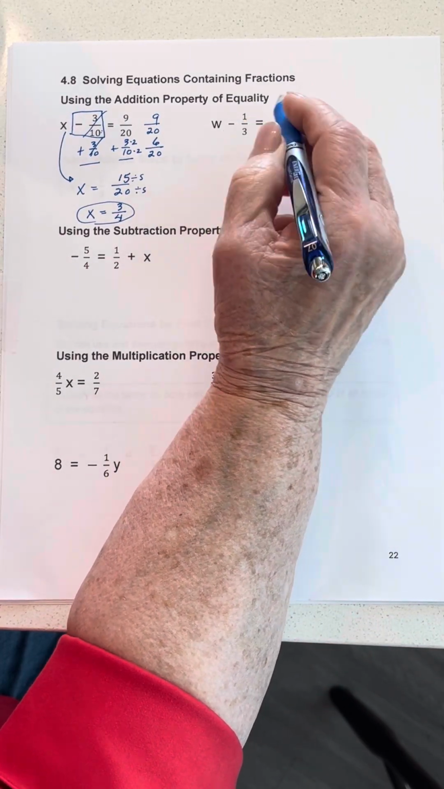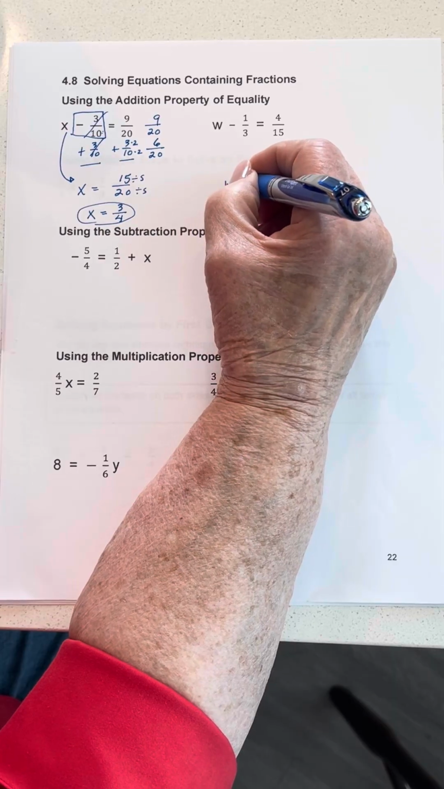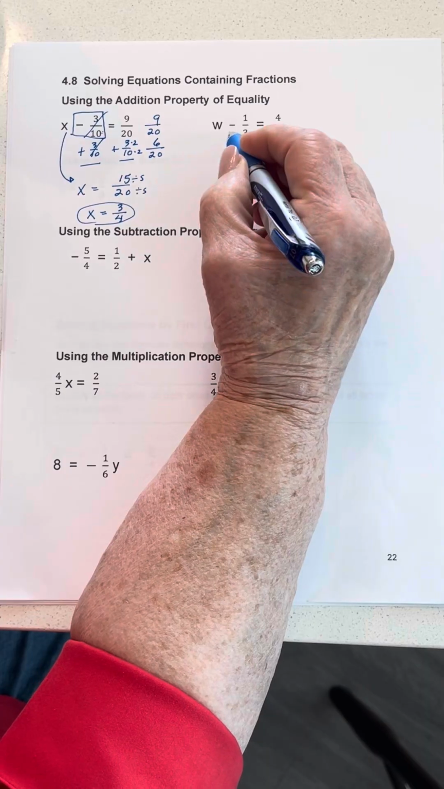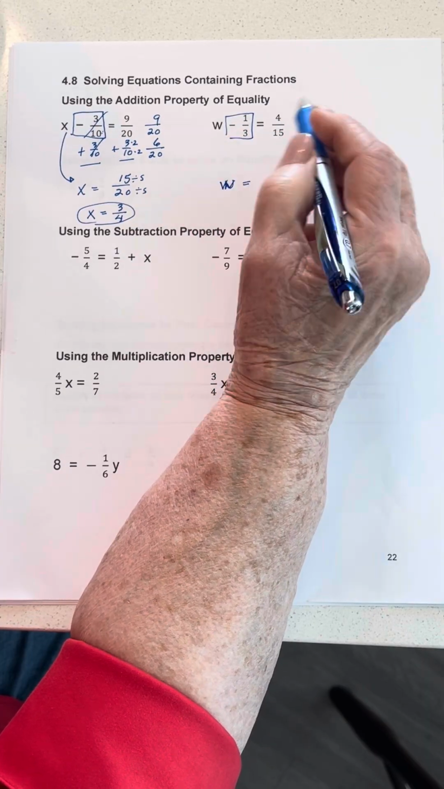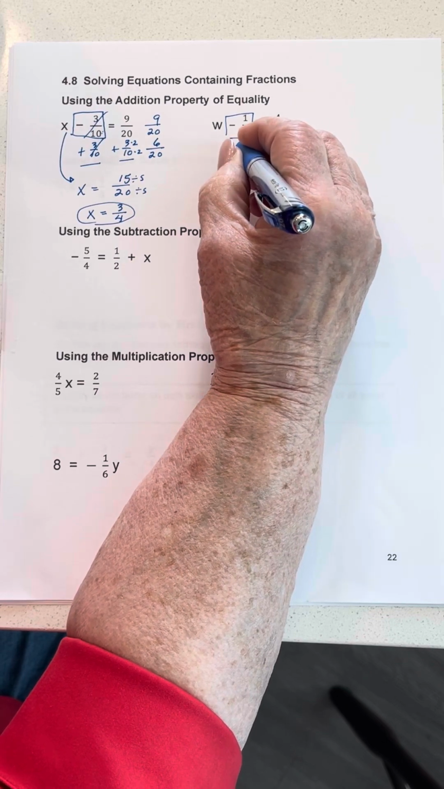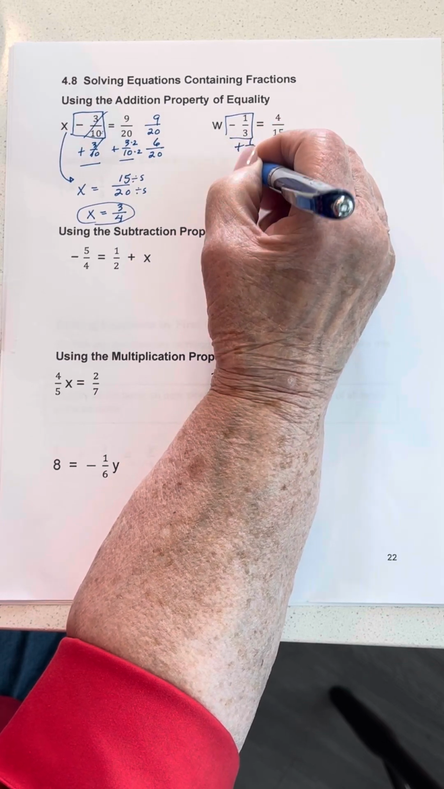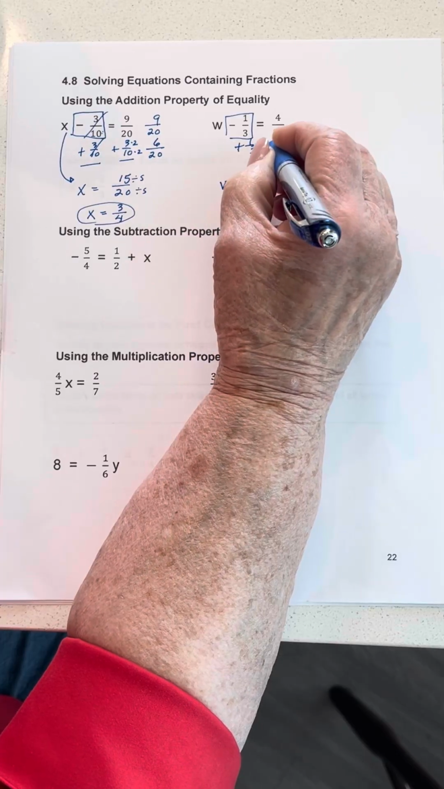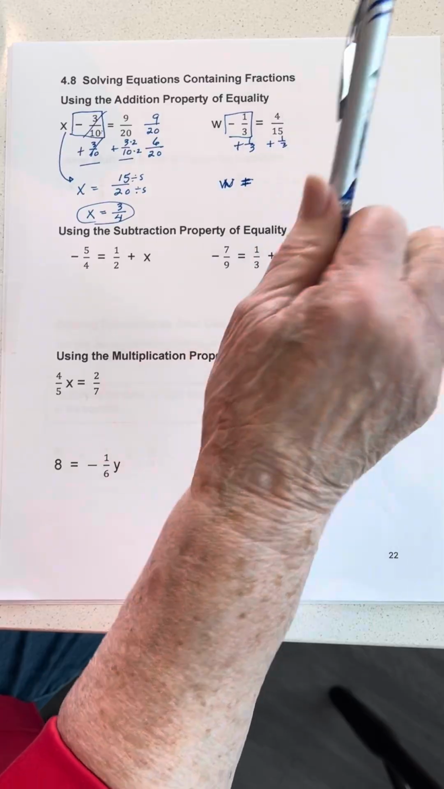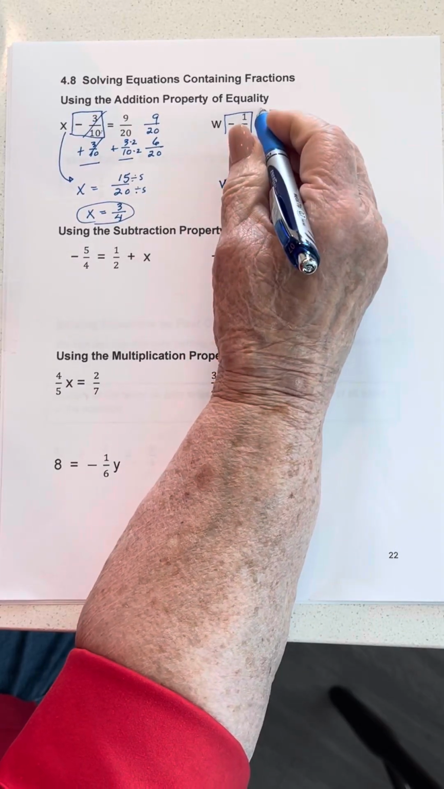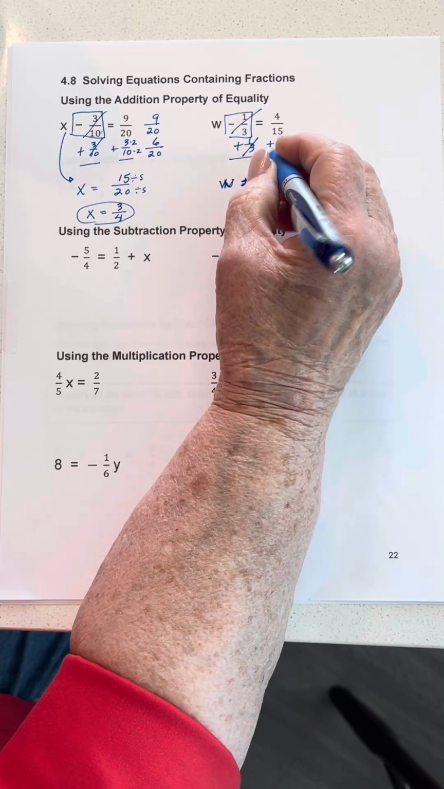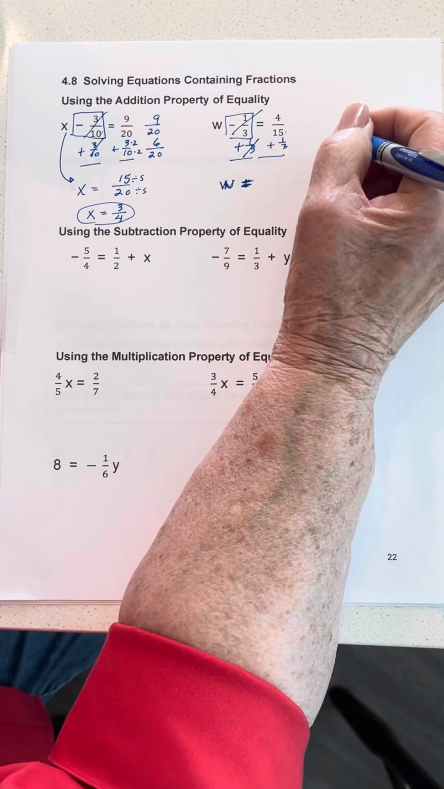Same thing here. We want in the end w. And this is what's standing in our way. They've subtracted a third, so we're going to add a third to both sides. Here's the equal sign, and we're adding it to the left and to the right. These are gone. They equal 0, and w plus 0 equals, now we're going to have to add these, but